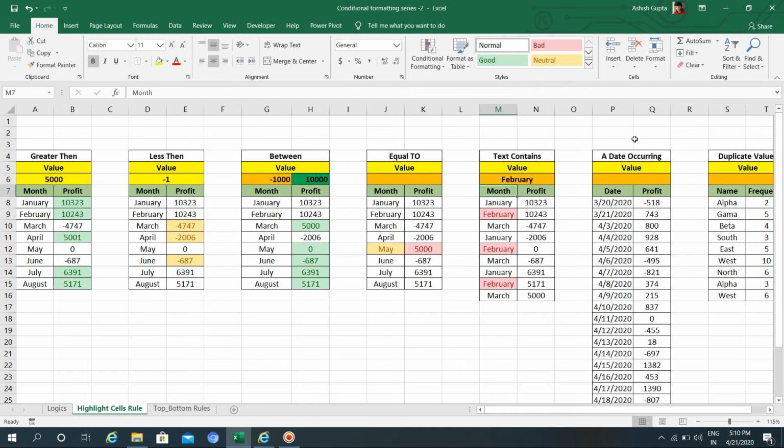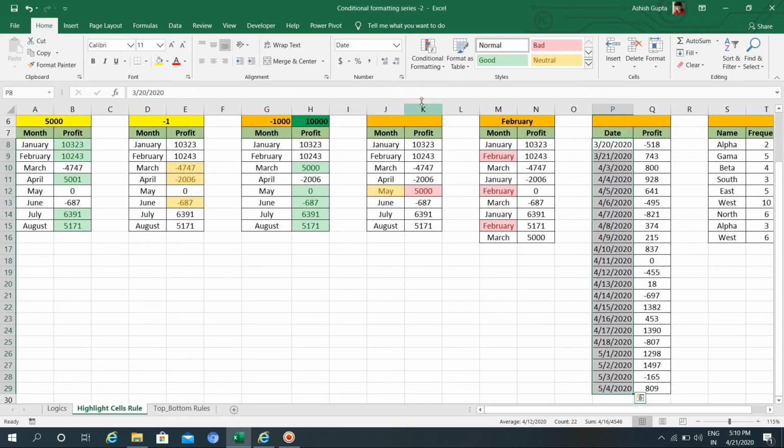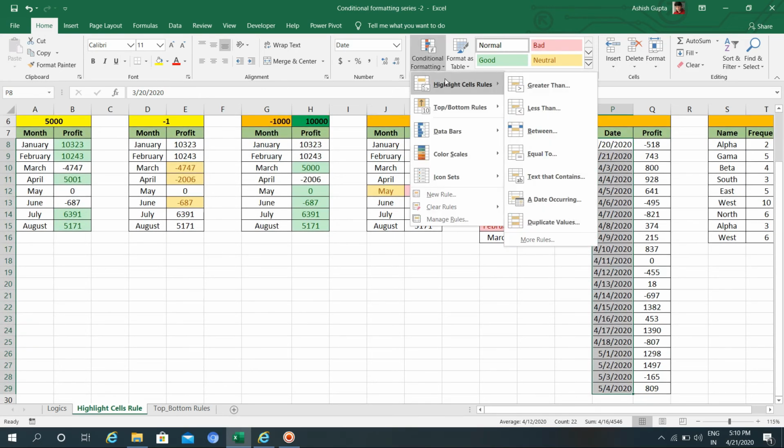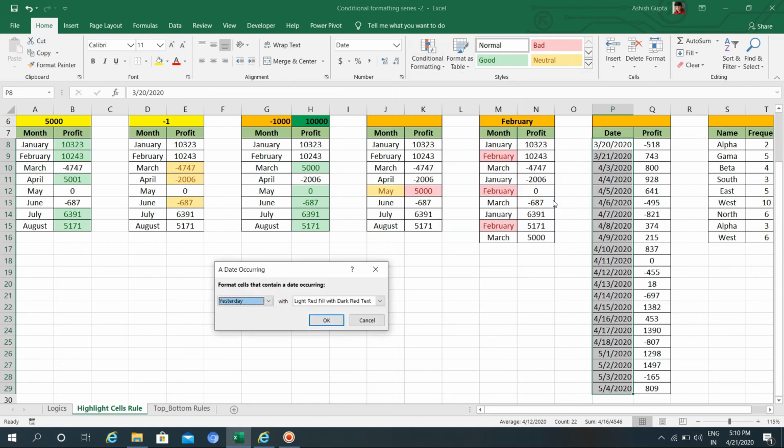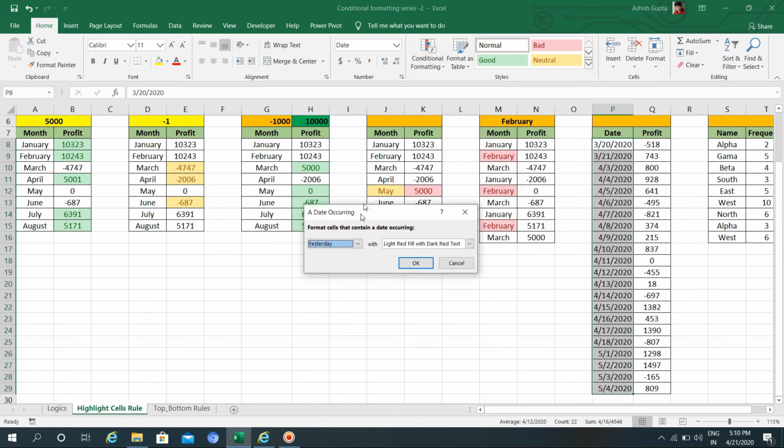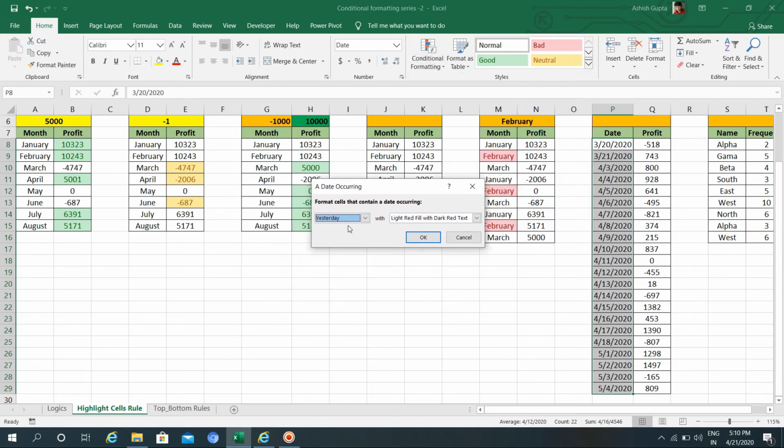Now moving on to another example, a date occurring. I have some dates and some numbers. I will use conditional formatting on the dates because it's related to dates. I will select this area, go to conditional formatting, highlight cells rule, date occurring. Here are some examples, like yesterday. If yesterday's date is in this area, it would highlight.